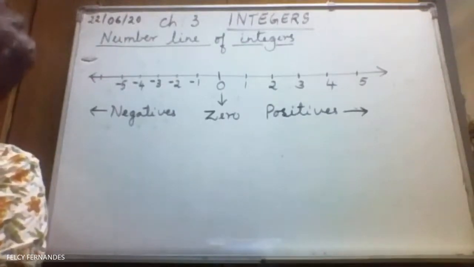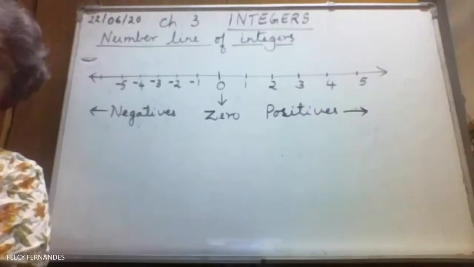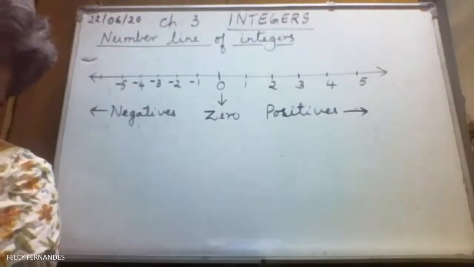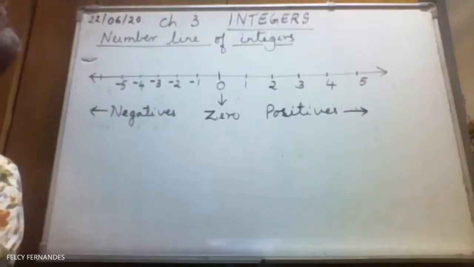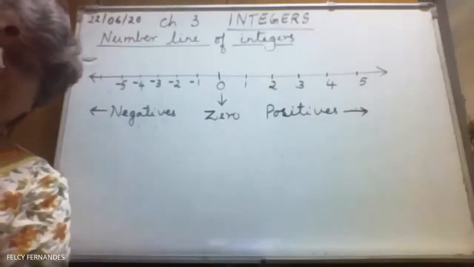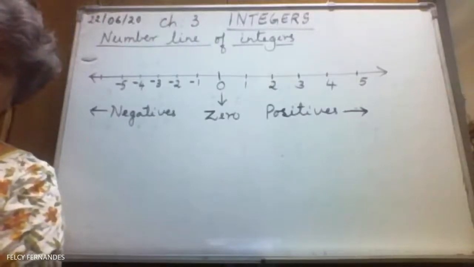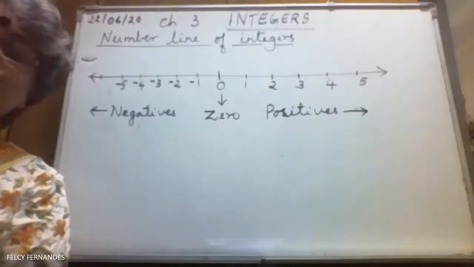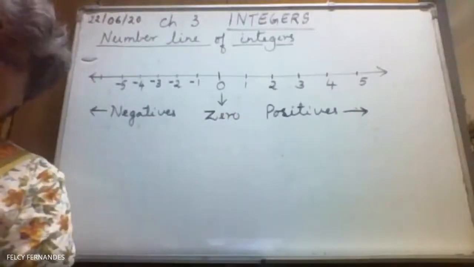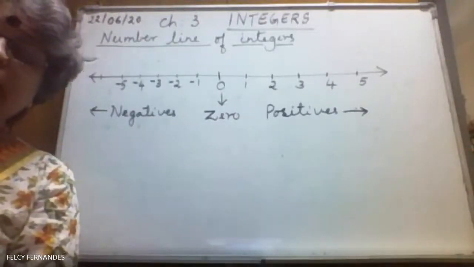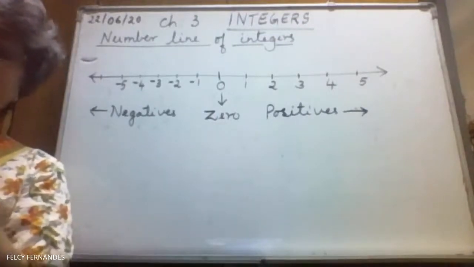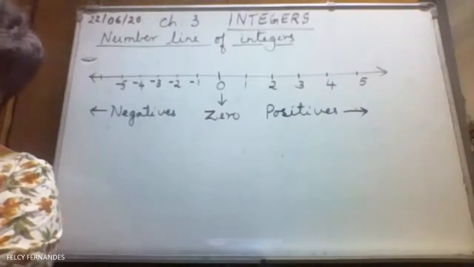Now you might be wondering, where do we use these integers? Where in life is it useful? Okay, let us see. In our daily life, we come across profit, loss. Profit means it is more, so we say it belongs to positives. Loss means it is becoming less, right? So it is considered as negative.